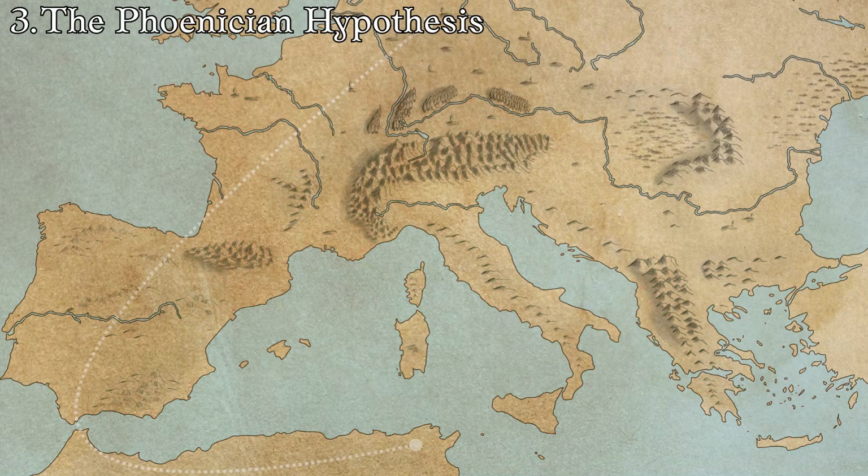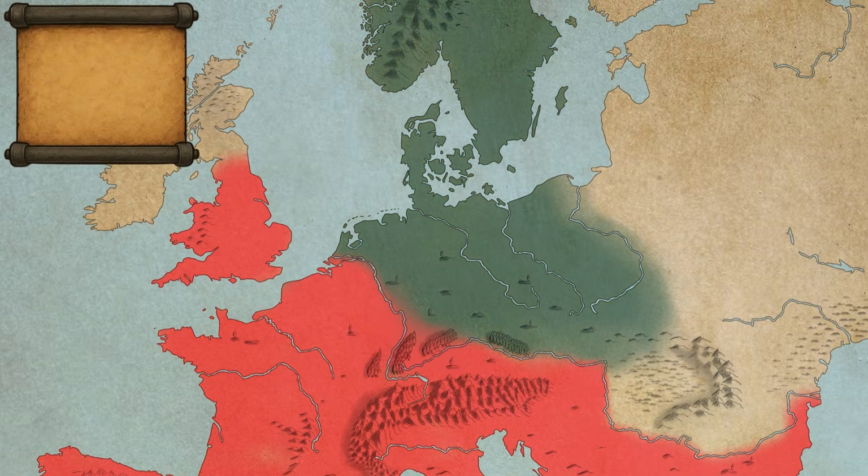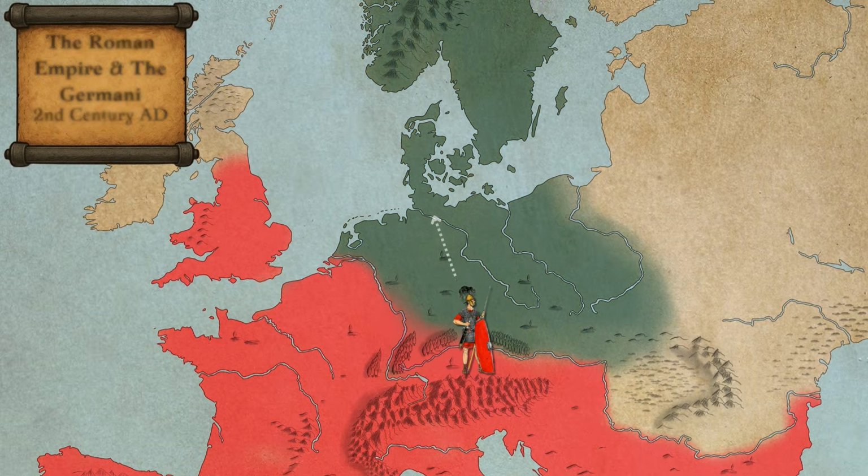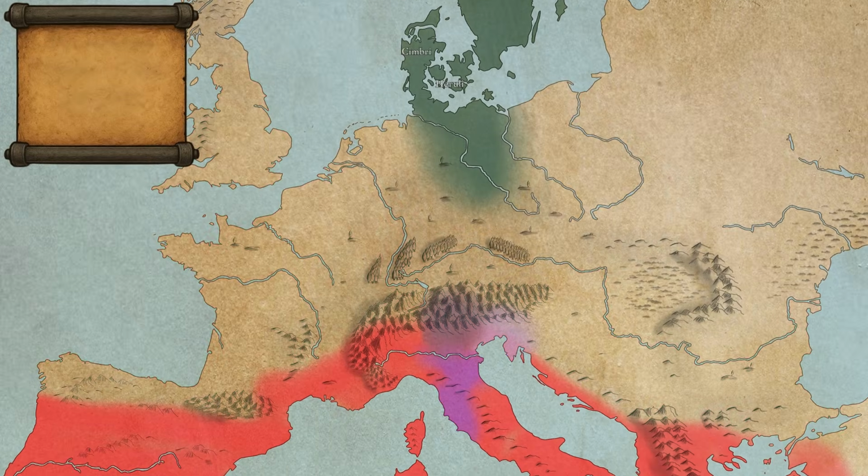Whilst a meeting between Carthaginian explorers and Proto-Germanic populations is possible, Vennemann's theory of a lasting Punic presence in Germania has been widely rejected, which also applies to a potential Semitic impact on the Proto-Germanic language. Thus, a transmission of Semitic letters also seems highly unlikely, at least by the Carthaginians. Troeng's hypothesis seems more plausible, but I personally still lean more towards a North Etruscan or Latin origin of the runes,